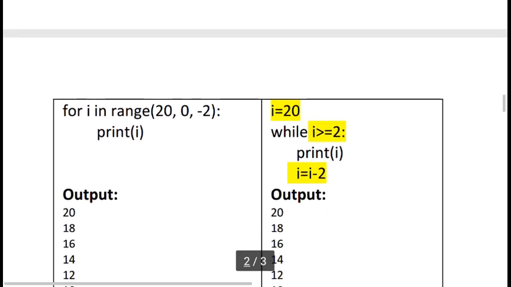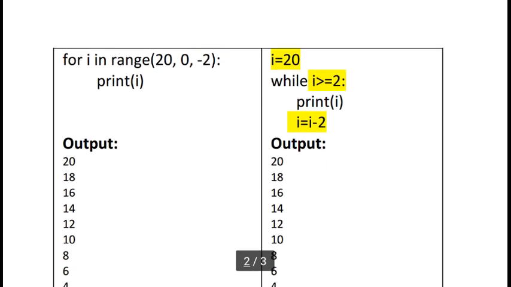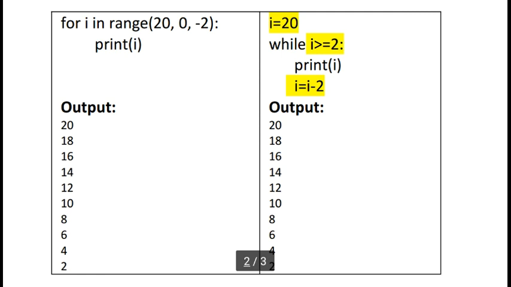Now the next example, here the new thing is I want to display the reverse table from 20 to 2. So here, for i in range, start from 20 and go down to 0. Then you can see that the minus 2 step is important, because 20 minus 2 is 18, 18 minus 2 is 16. In this style we can use it, and you can see 20, 18, 16, 14, 12, 10, 8, 6, 4, 2.